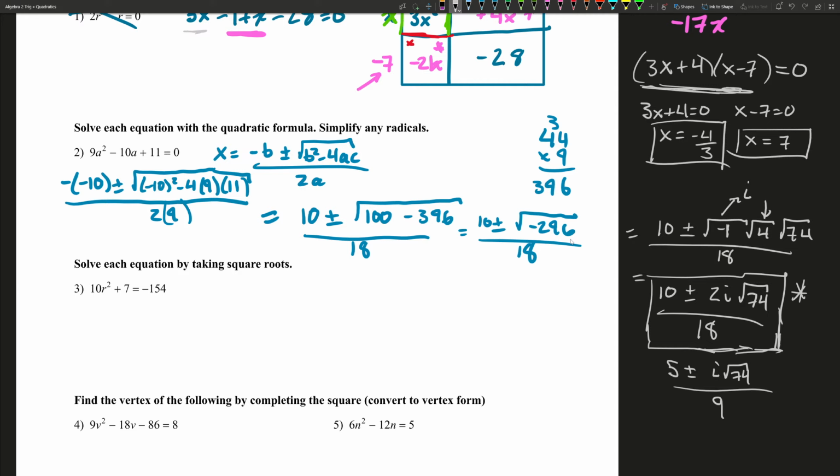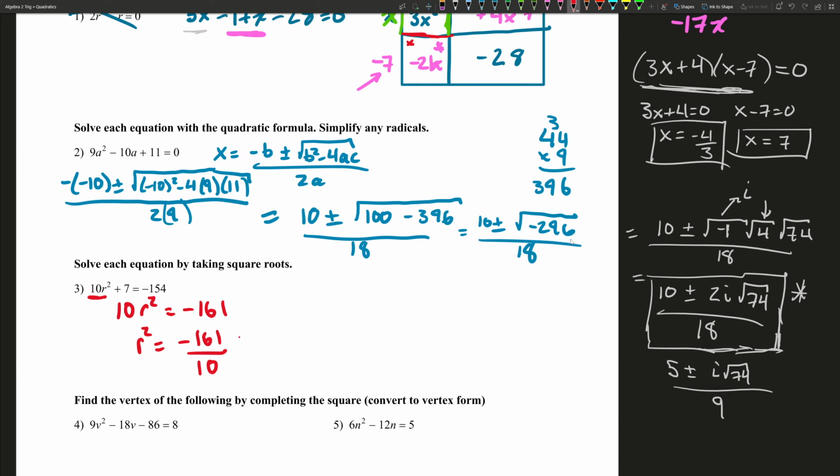Next one, 10r squared plus 7 is equal to -54. This says solve each equation by using square roots. All right, so when there's just r squared and there's nothing else, all you gotta do is get r squared by itself and then take the square root of both sides. So if we do that, we get 10r squared is equal to -161. Divide by 10. So we get r squared is equal to -161 divided by 10,